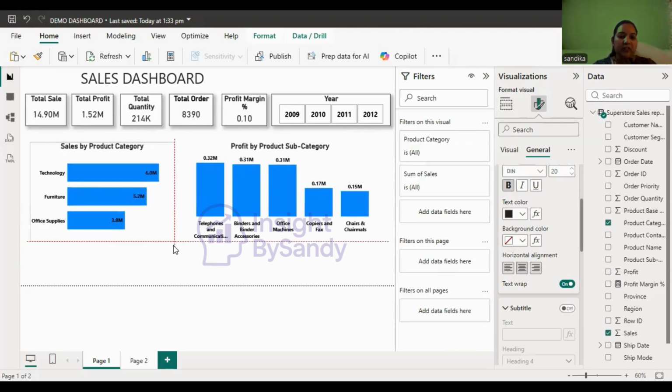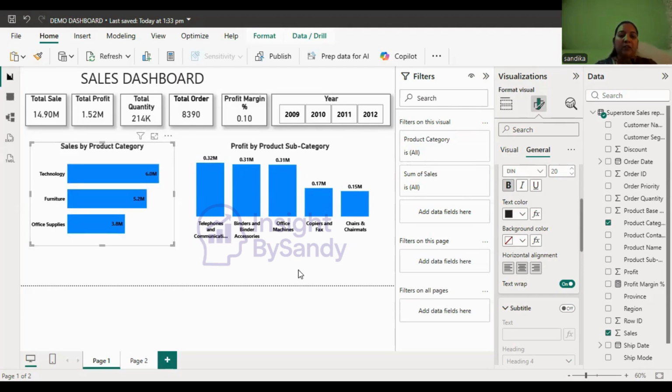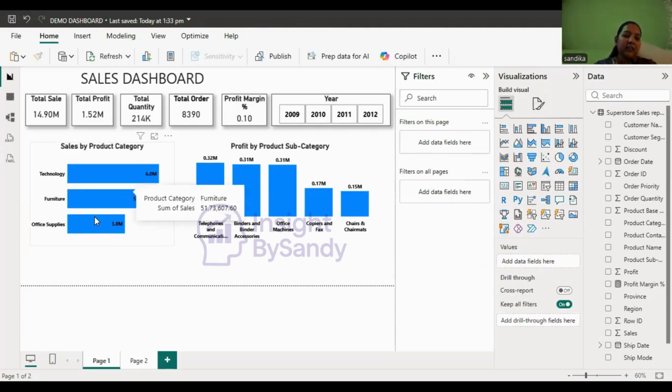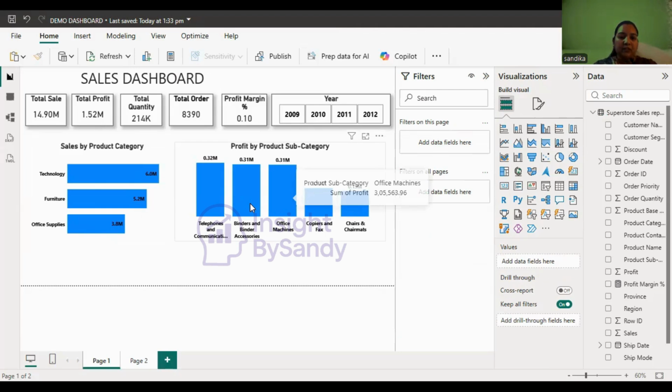So hope you are fine, is it visible properly? From here we can see that technology has more sales, and profit from telephone and communication is also more, from binders and papers, which are from the office supplies, okay, copiers and fax machines also, chairs and chair mats are from, sorry, from the furniture. And you can change your